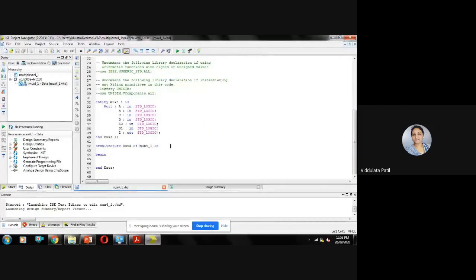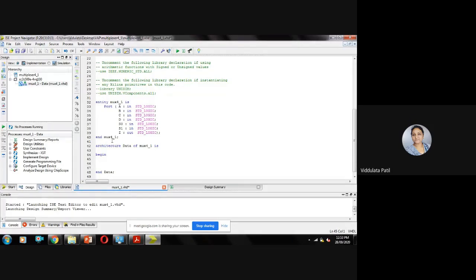Now you tell me what should be there in the architecture. You can see here all the ports that we have declared earlier, A, B, C, D, S0, S1, present in the entity port. All these are inputs of type std_logic, separated with semicolons, and then there is the output port Z, which is again of type std_logic.